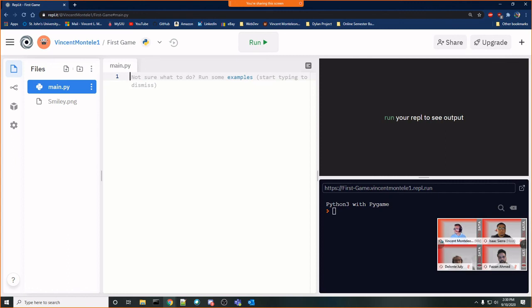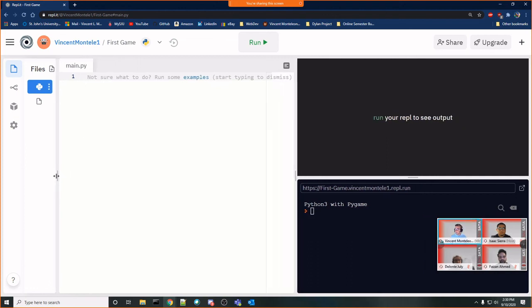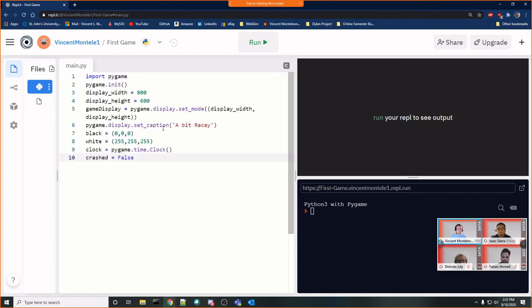All right. So, first thing that we're going to have to do is I'm going to set you guys up with a little bit of the prerequisites for everything. So I will copy and paste right now. It's inside of the WebEx chat. These are the first lines that you're going to want to just copy and paste right into your main.py file. These are just some very simple things that we're setting up, and I will explain this in 1 second. But what I would recommend right now is to just go into the WebEx chat, copy everything that I pasted in there, and then just paste it inside this main.py.